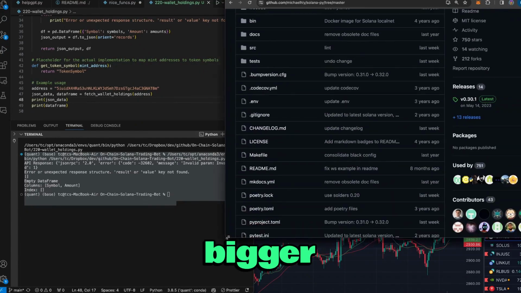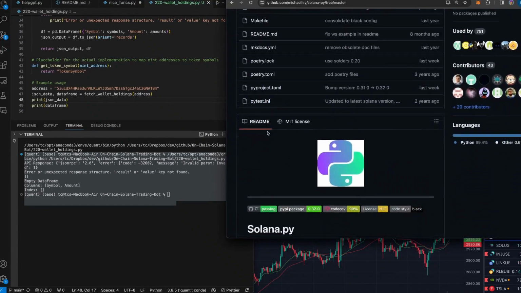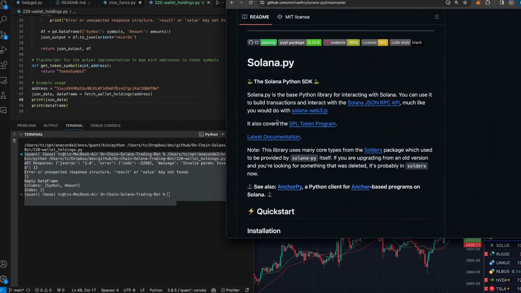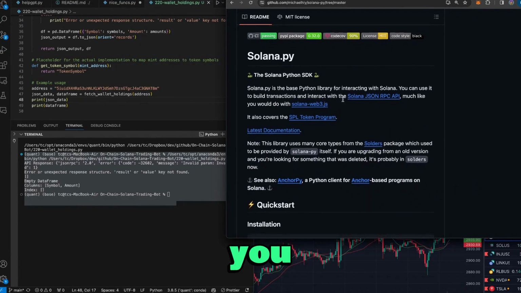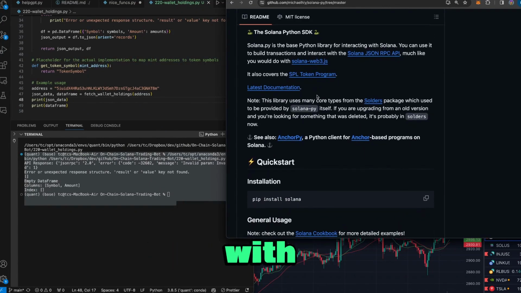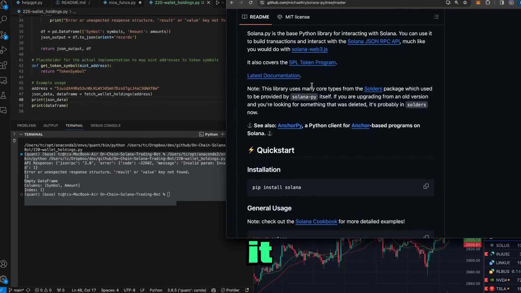Let's make this a little bigger. The Solana Python SDK. Solana.py is a base Python library for interacting with Solana. You can use it to build transactions, interact with Solana RPC, much like you would with the Solana WebJS. It covers the SPL token program, latest documentation. Let's open that up. This library uses many core types of soldiers package, which use